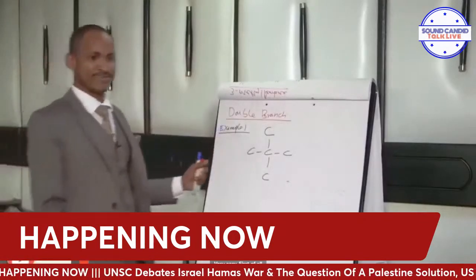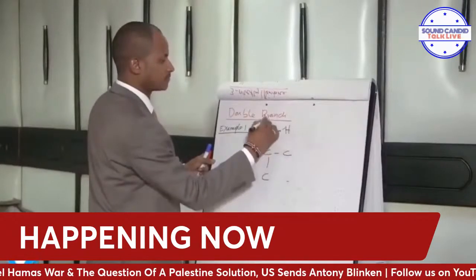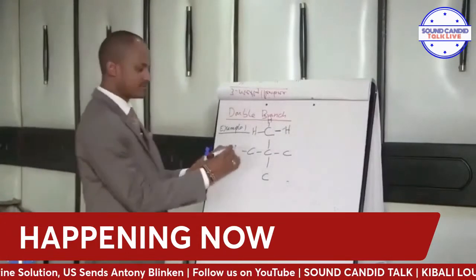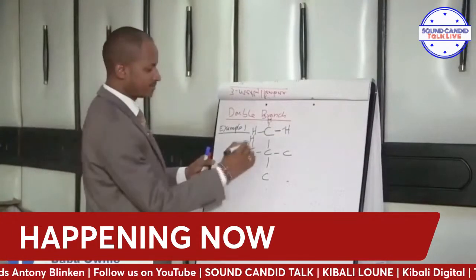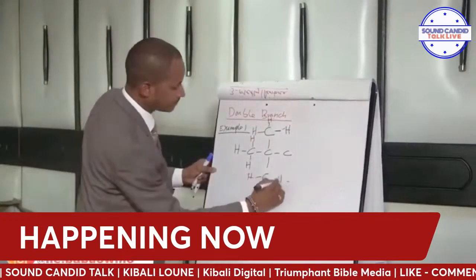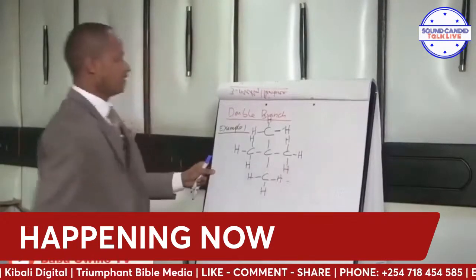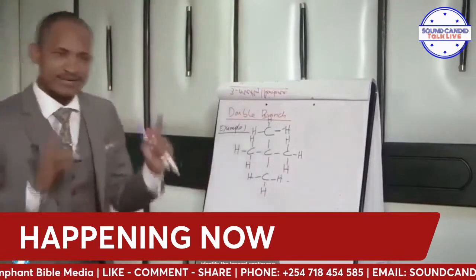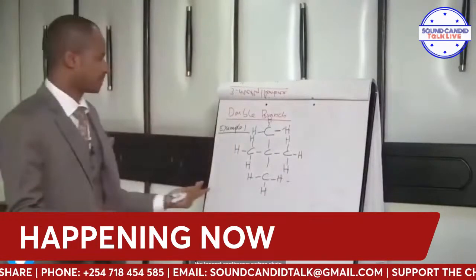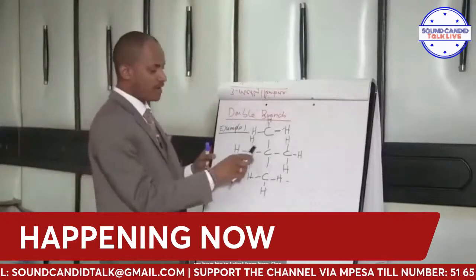Very easy. First of all, clothe it, because we said if you leave it naked, you know the disadvantages and advantages of being naked. So you clothe it with hydrogen. Step number 1, class, identify the longest continuous carbon chain. Simple. And from here, the longest continuous carbon chain we have, I start from here, 1, 2, 3.